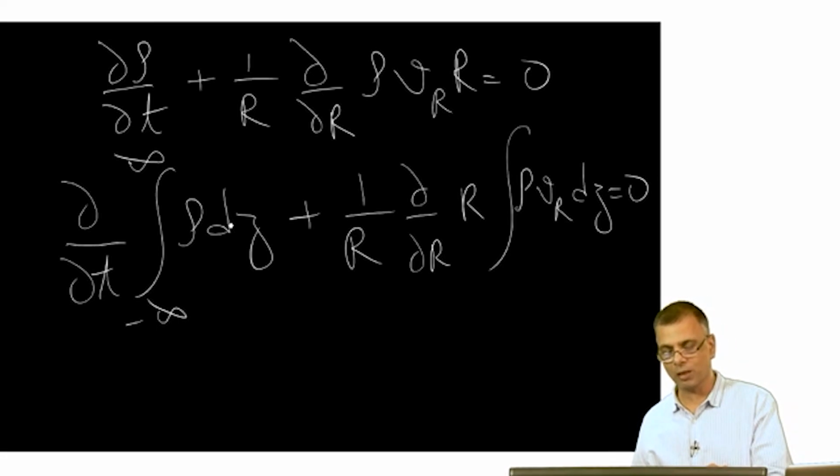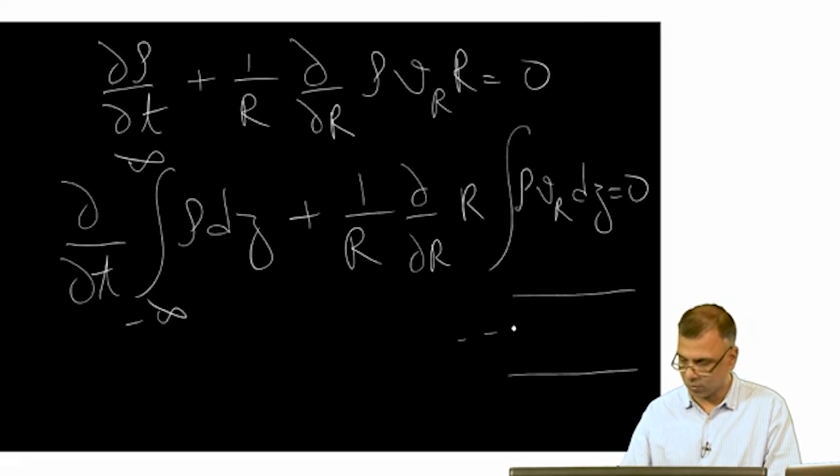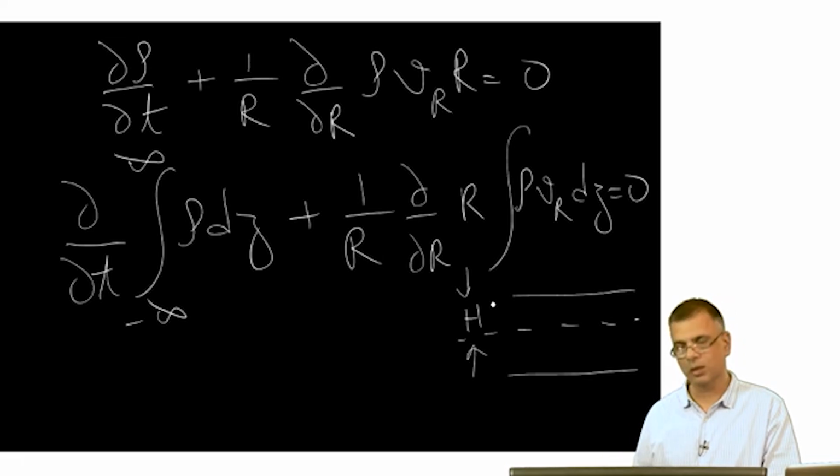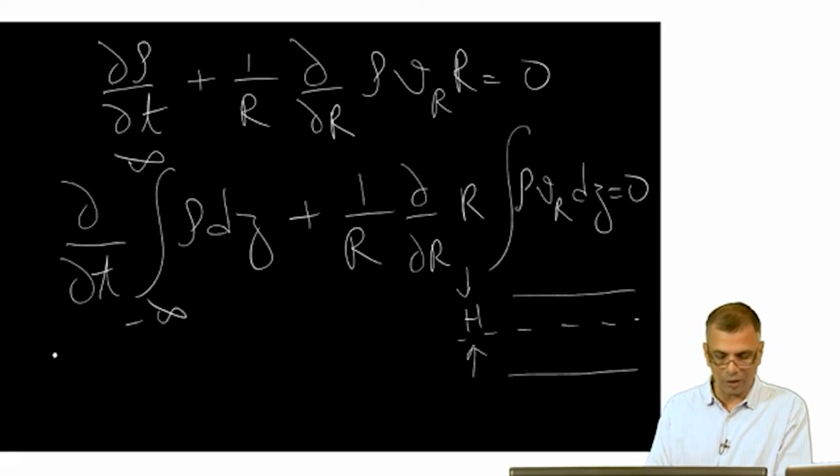Okay, so it becomes rho times 2h, where the disk looks like this. So this would be the vertical plane, and the half thickness would be h. Okay, so the vertically integrated version of this essentially becomes, so I have a d over dt,